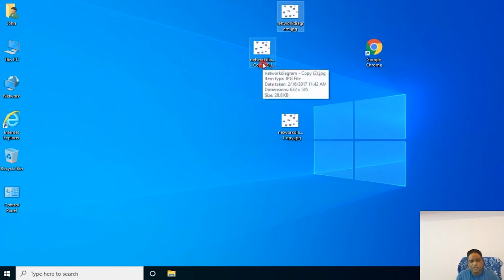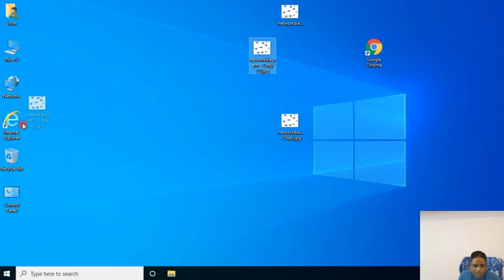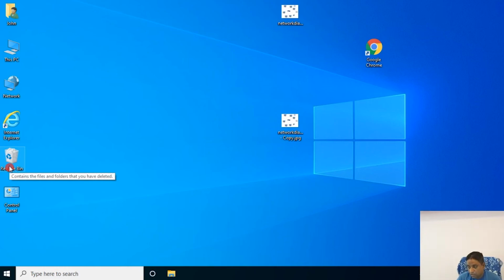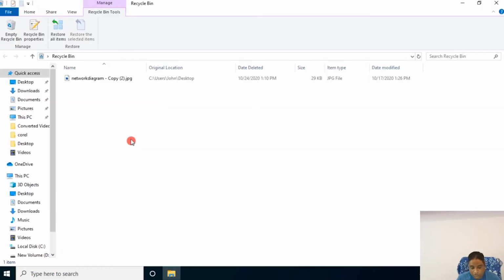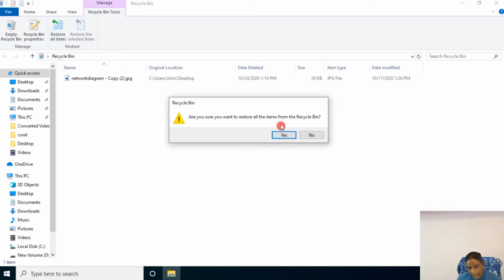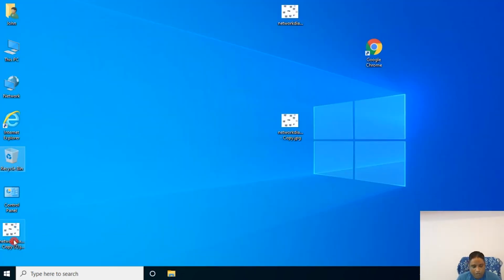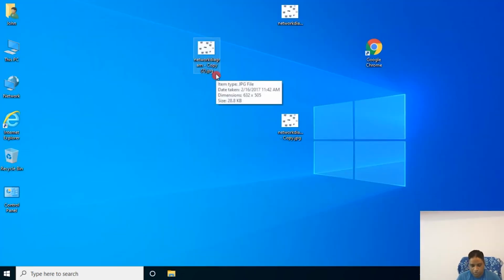Like you have a dustbin in the class. Say suppose by mistake you threw a book in the dustbin. Say suppose I throw my book in the dustbin and I realize by mistake I threw my book, so I want to bring it back. So basically double click on the recycle bin, you go in the recycle bin and you click restore. You bring the book, and the book comes back on the desktop. So basically a recycle bin is a location where deleted files are stored.